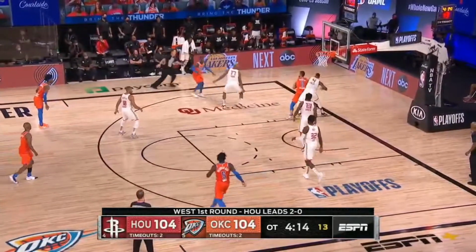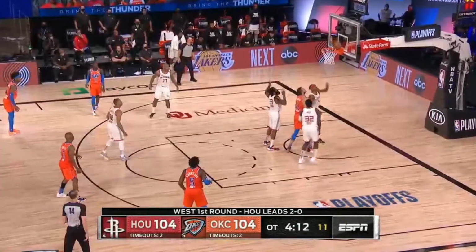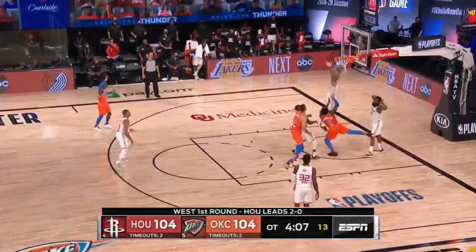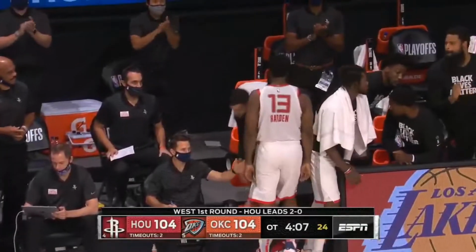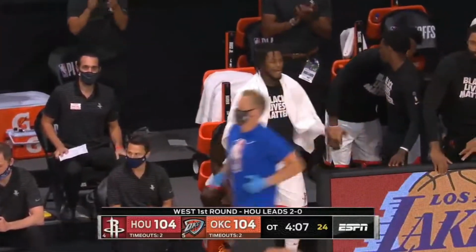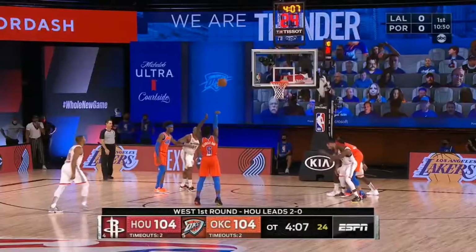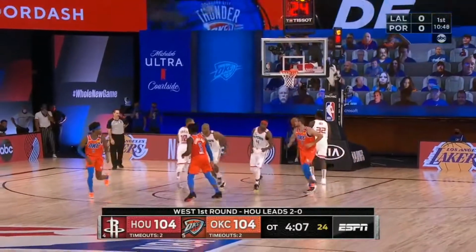He hasn't made one yet today. Gallinari battling with the offensive rebound. Missed it. Harden lost it to Dort. Dort powered it up. Fouled. So now he did exactly that. Look at the back of his jersey. Earlier I said